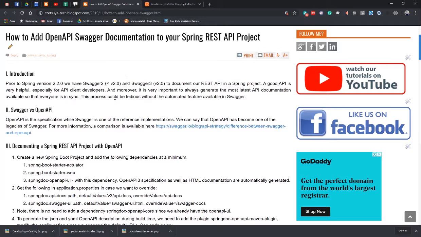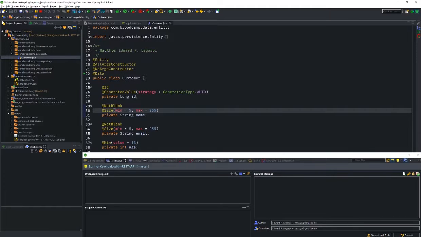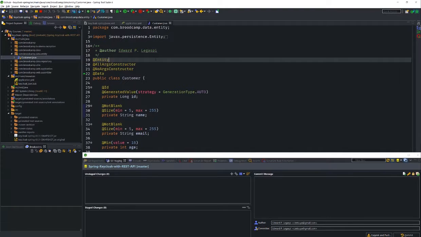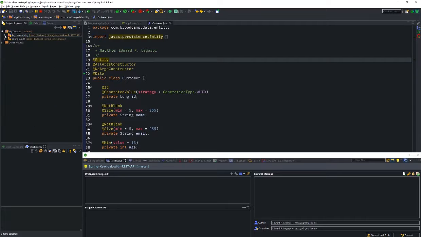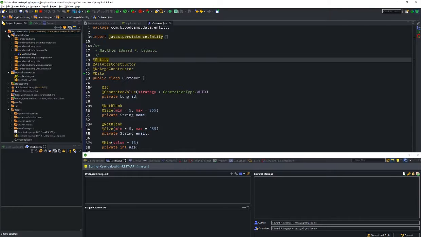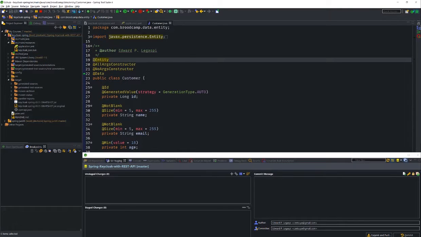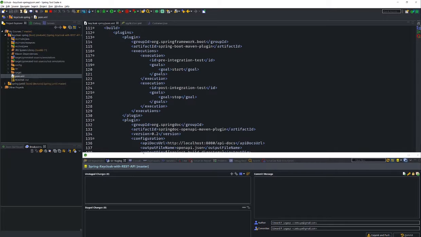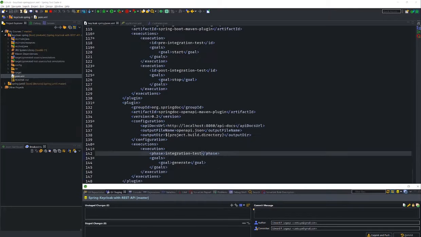Here are the steps. Number 1. Create a new Spring Boot project and add the following dependencies at a minimum. I'm using the Spring STS IDE, so please download it from the Spring website. And here I have created a Keycloak Spring project using the Spring Boot template project. And here I have added the dependencies that I've mentioned